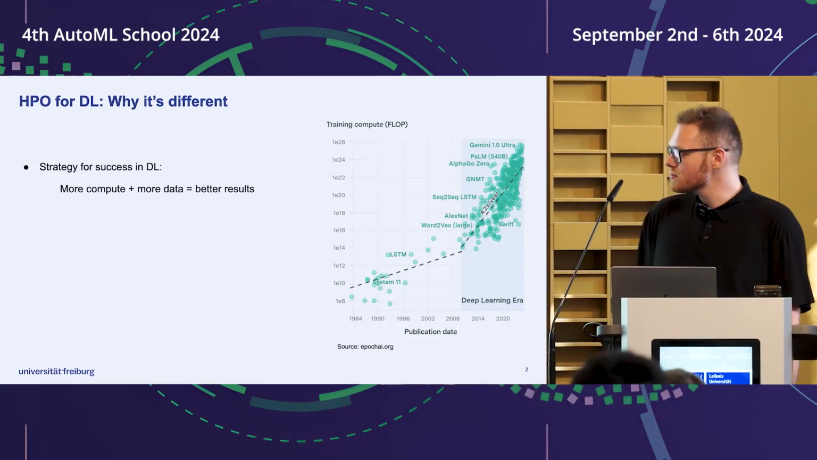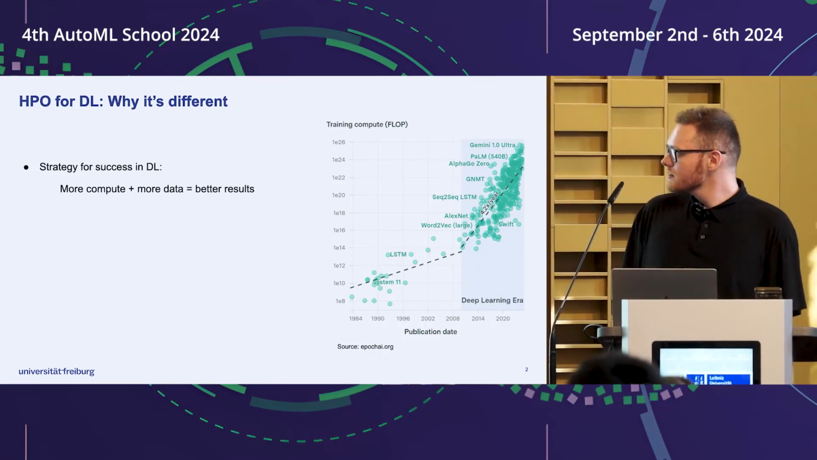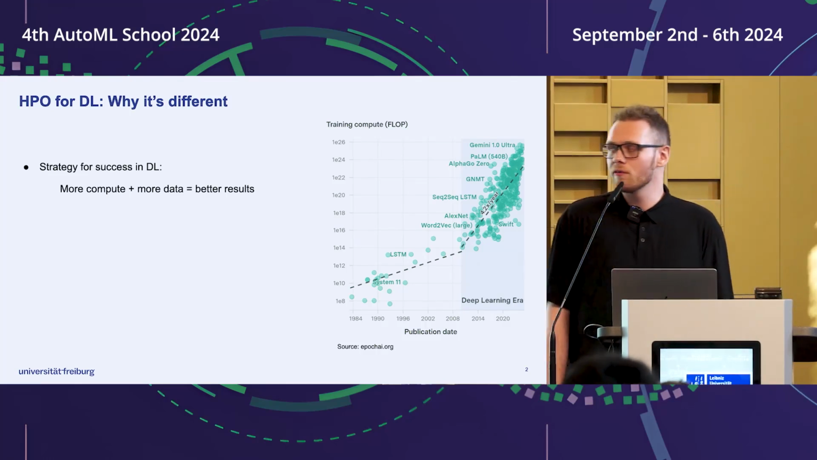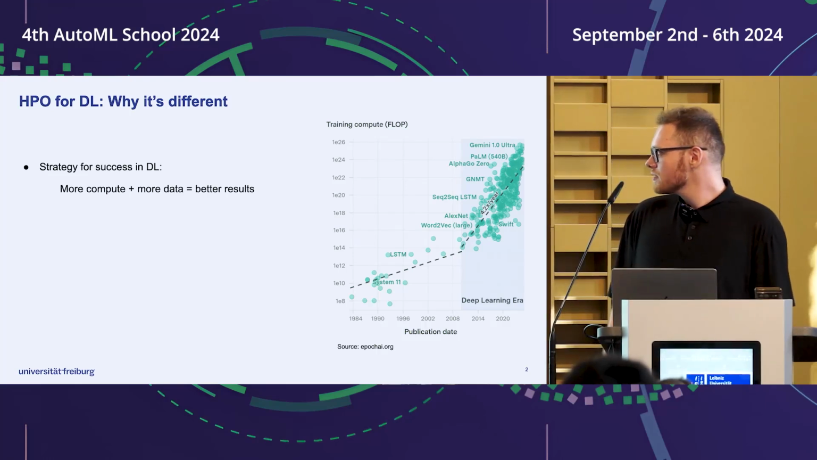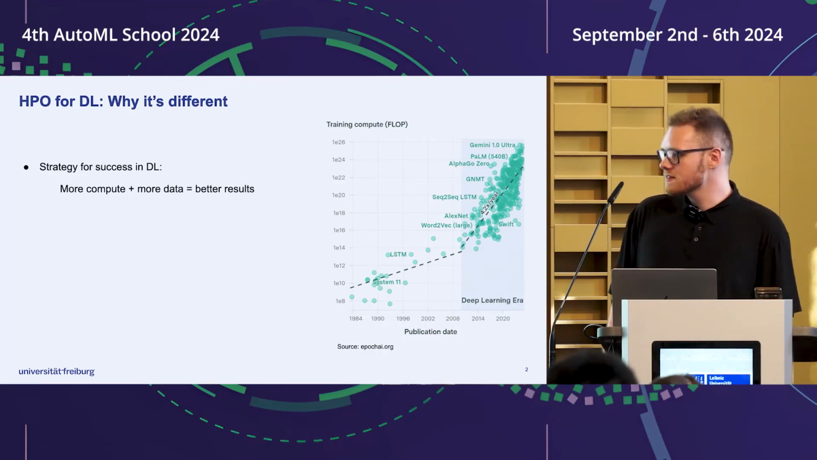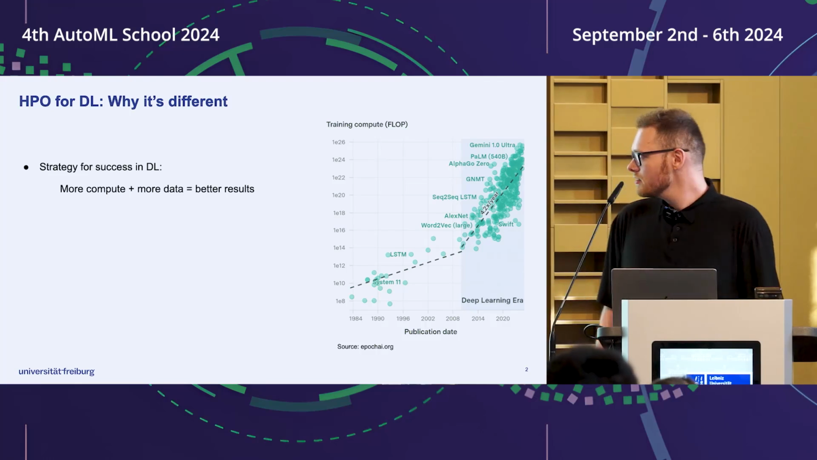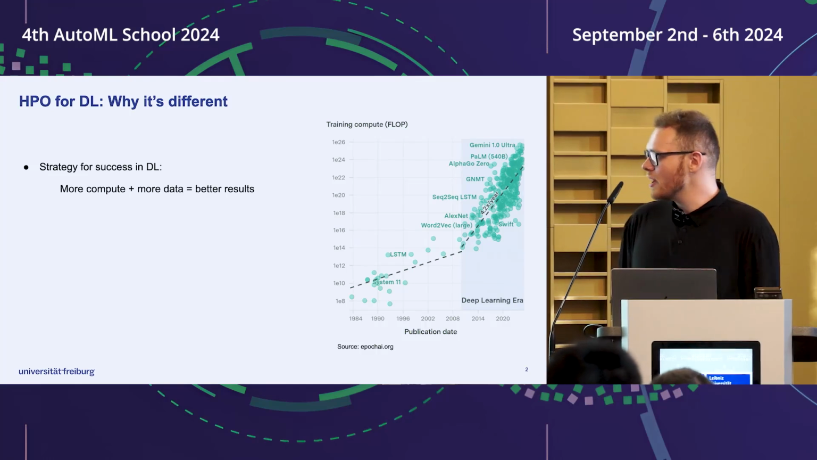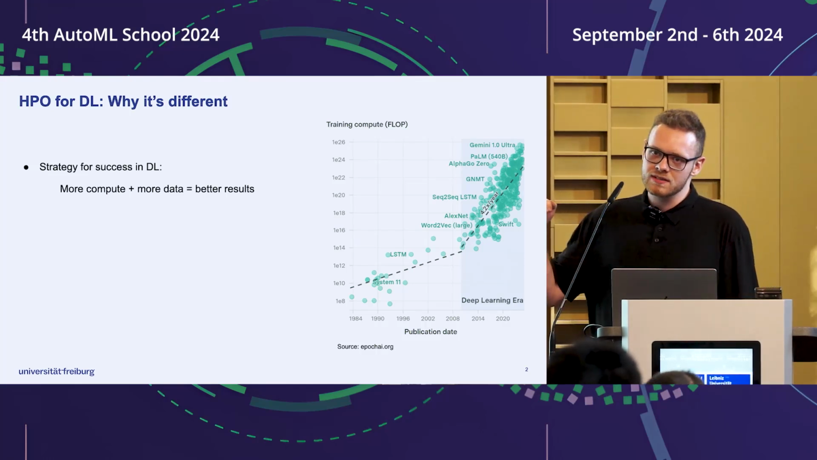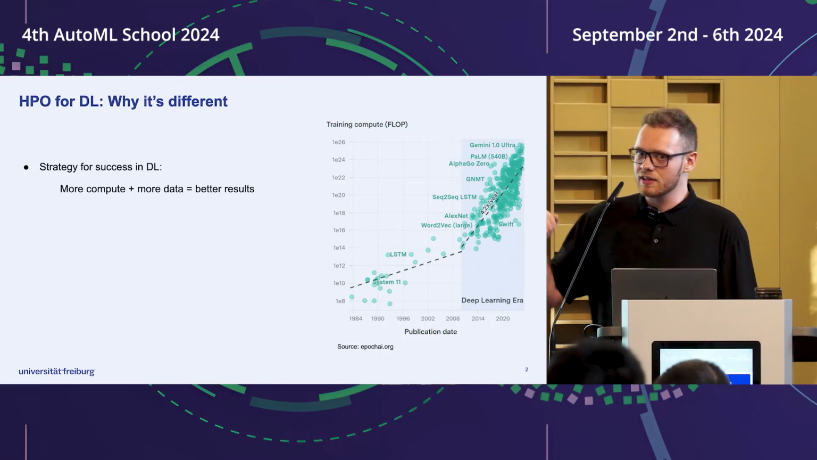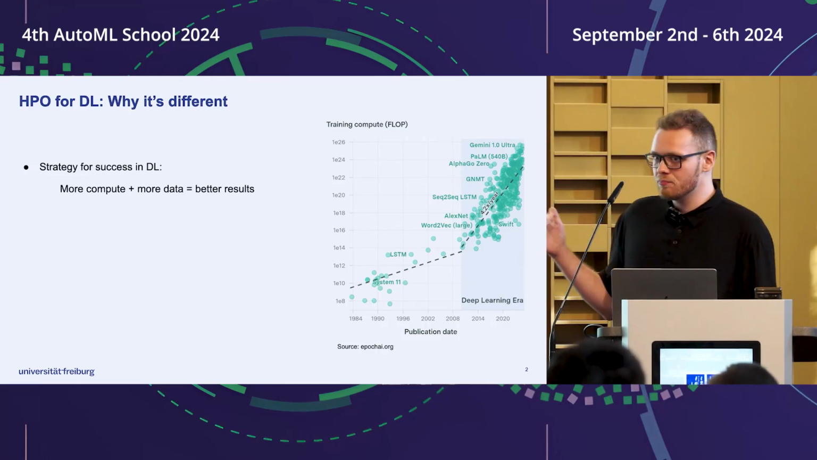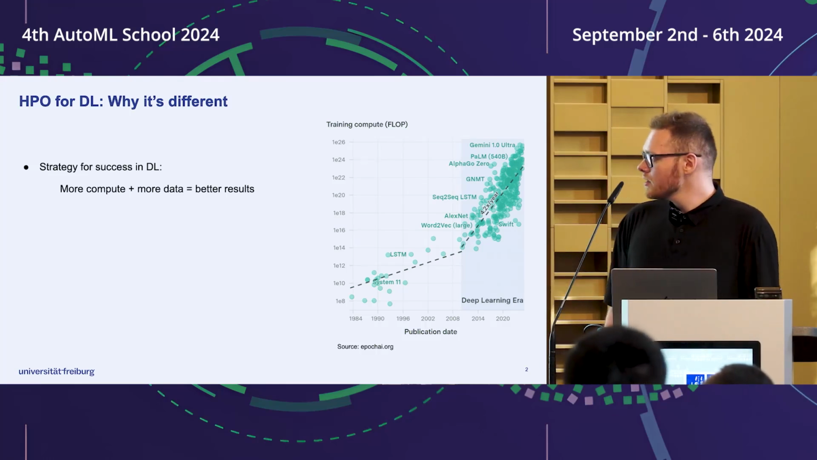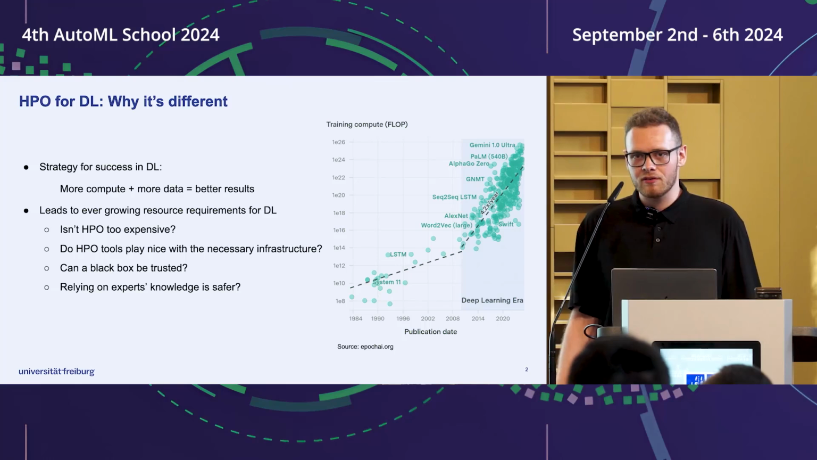This is also illustrated by this graphic you see here, where you can see the training compute evolving over time as the years progress. And you see that once deep learning really starts to kick in around 2012 with the success on ImageNet, the rate at which the training requirements are increasing is actually increasing, and pretty much so, right? So these ever-growing resource